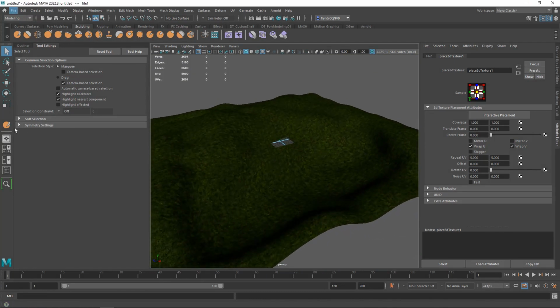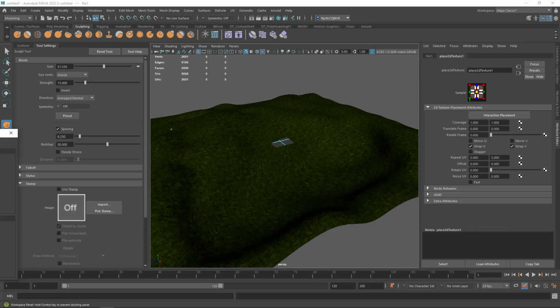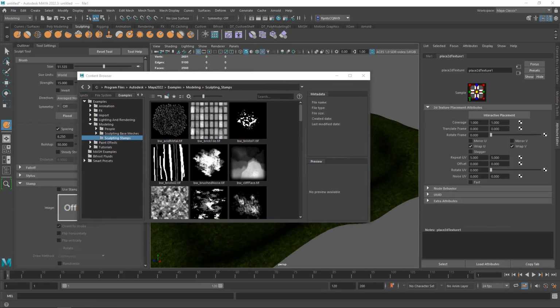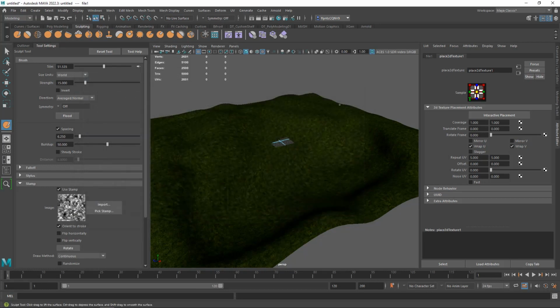Before we leave this video, I want to show you in the tool settings for the Sculpt tool here, you can also come down here and select a stamp. And if you click Pick Stamp, you'll get quite an assortment of different things that you can use to paint to create noise and stuff like that. I've used this one before. If we select this one, for example, that is what our brush will be using. So I'm going to go ahead and